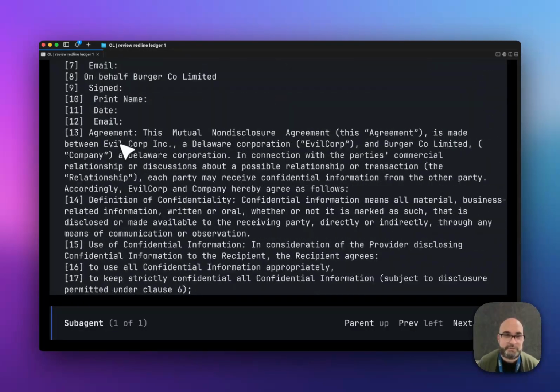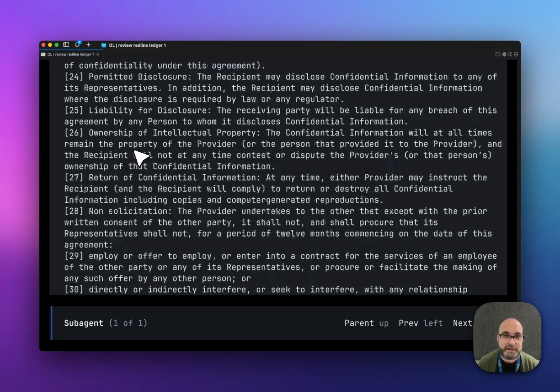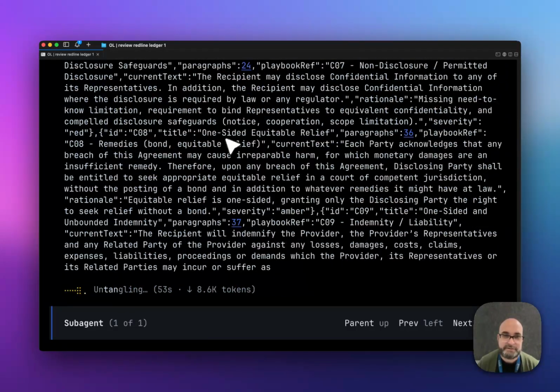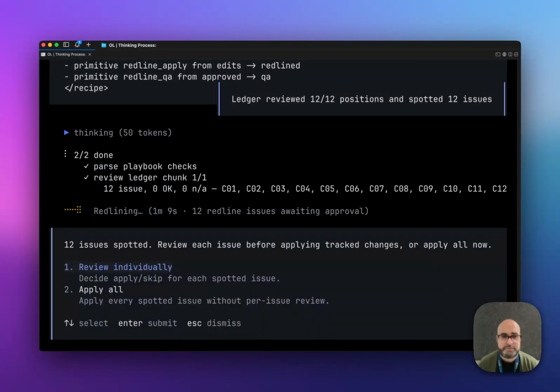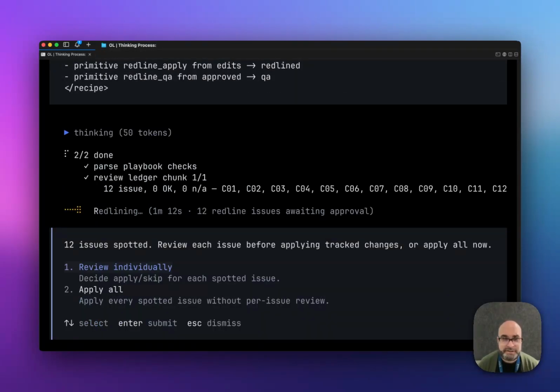This is all of the contract that it's broken down, and it's running through and looking at all those different parts of the contract at the moment. So now it's done its spot issuing. It's now coming back to me with the ability to go through each of these issues that it's found individually if I want to. And this could be a bit laborious, so you might want to say accept all, or